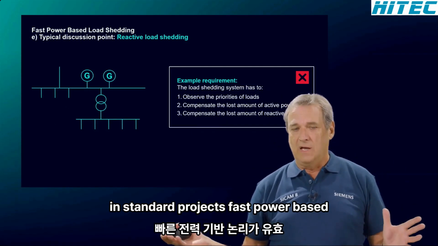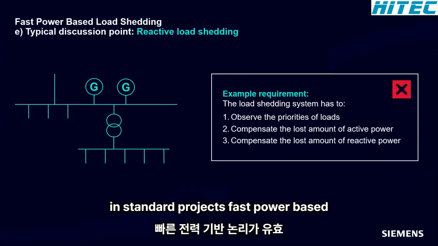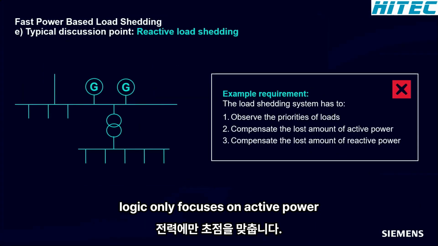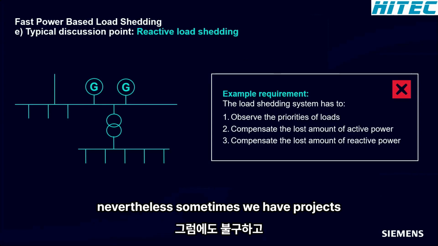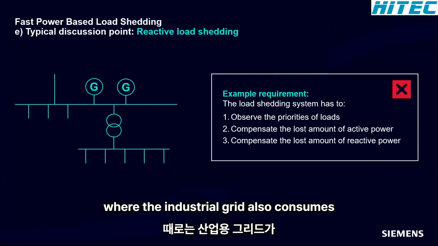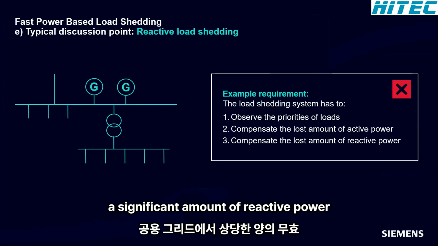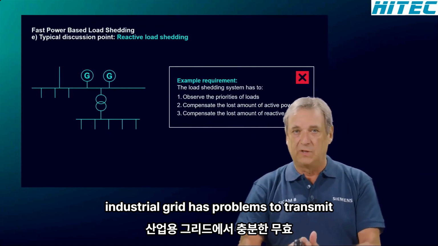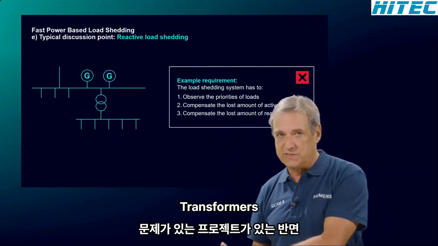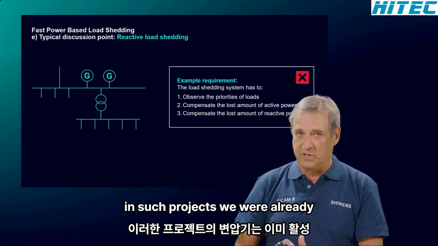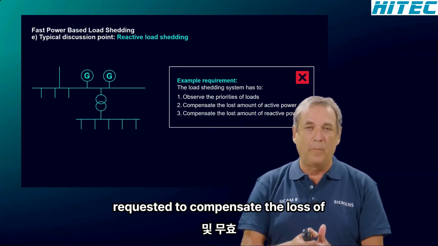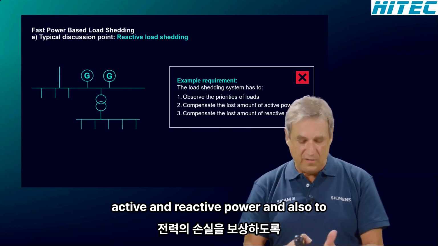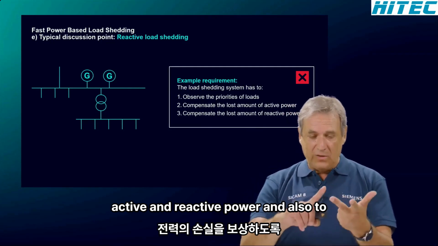In standard projects, fast power-based load shedding only focuses on active power. Nevertheless, sometimes we have projects where the industrial grid also consumes a significant amount of reactive power from the public grid, or where the industrial grid has problems to transmit sufficient reactive power via transformers. In such projects, we were already requested to compensate the loss of active and reactive power, and also to observe,